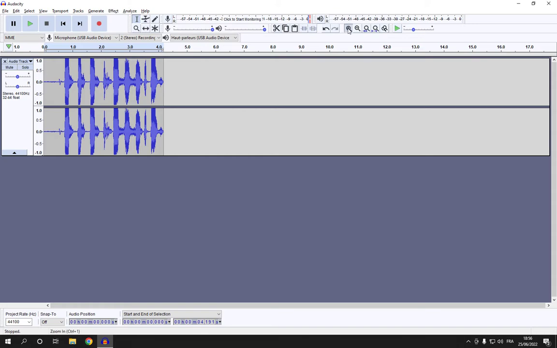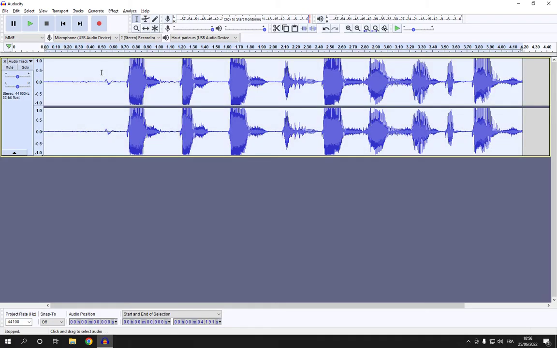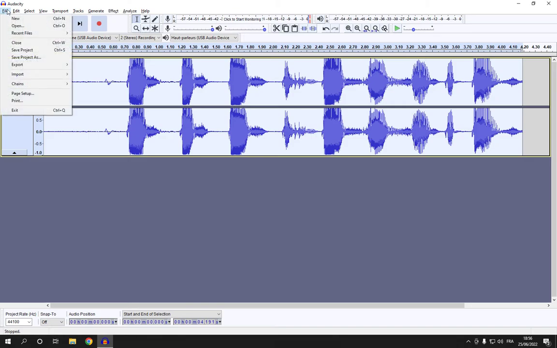First step is go to Audacity, and after you record your audio and you want to export it, all what you have to do is select it by double click on it. And now go here in the top, click on file, and then all what you have to do is